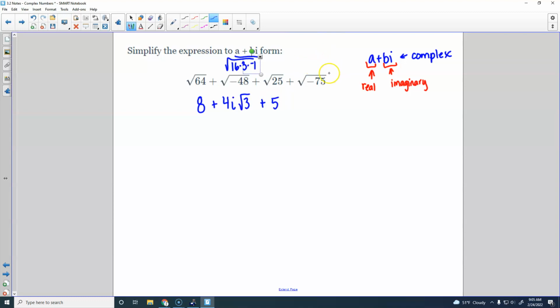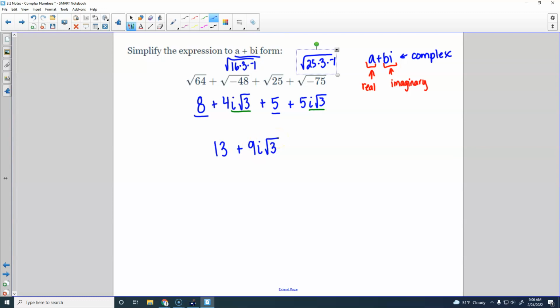The square root of 75 here, I could do 25 and 3 times that -1. So for it, I will get 5i square root of 3. So you're just breaking down each piece. Then, pretty clearly, 8 and 5 can be put together and give you 13 there. For these parts, you've got i square root of 3. Both the i and the root have to match for you to be able to combine these. So all of that has to be the same. Since they are the same, we can just add the 4 and the 5 and get plus 9i